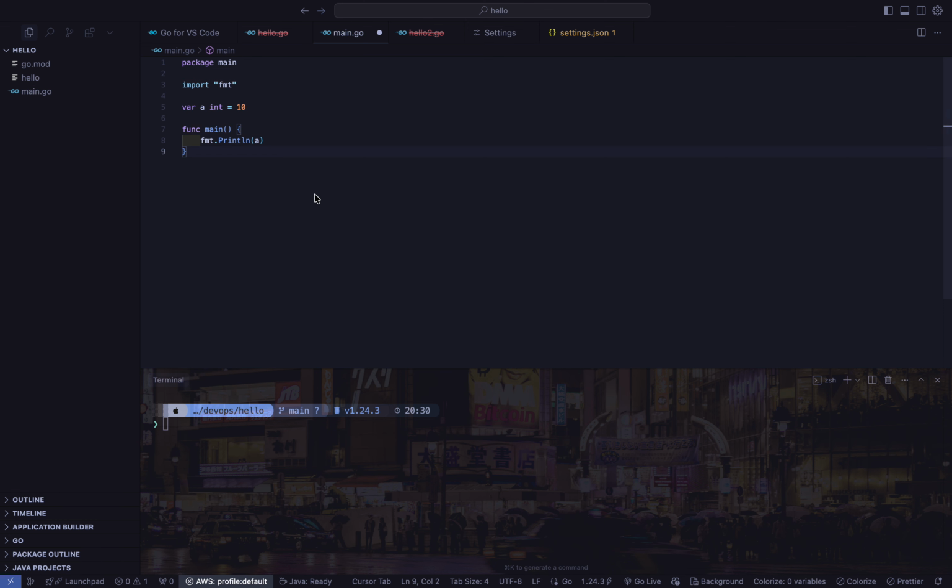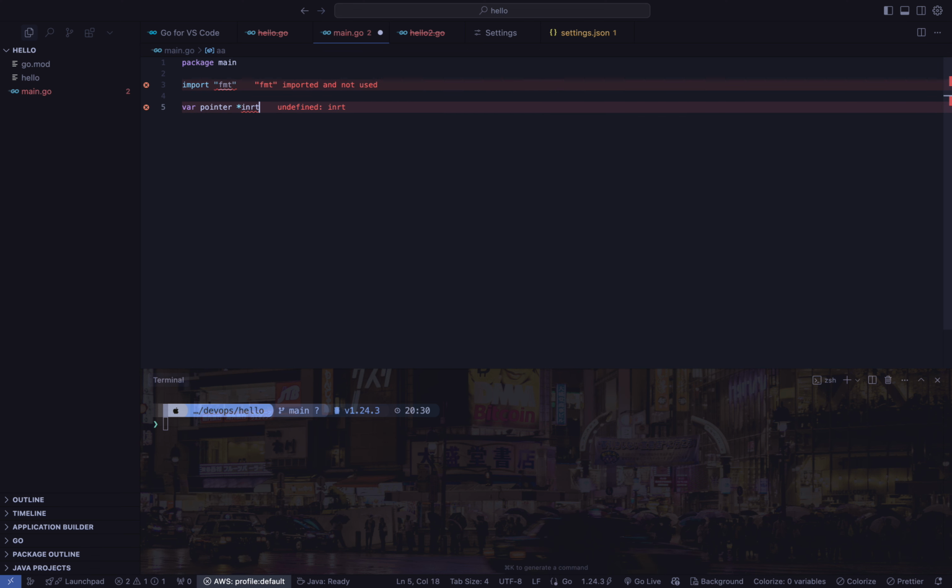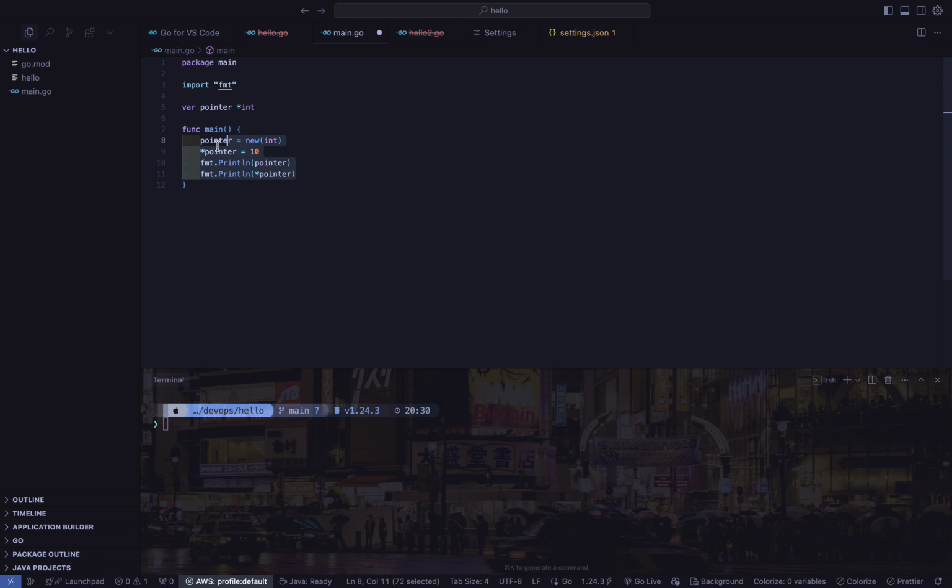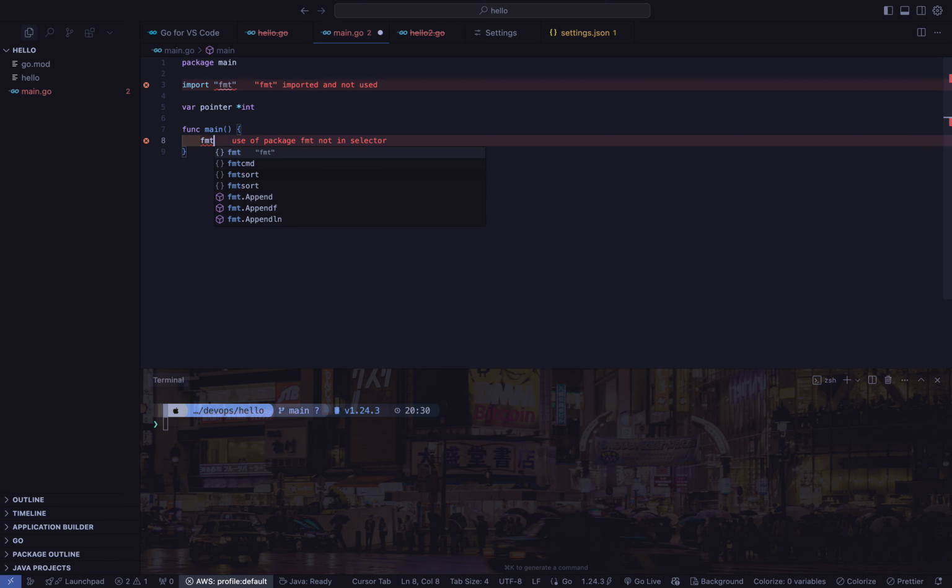So I quickly go to define a variable named A. This is the pointer variable. Actually, I will name it pointer, and this is the pointer variable. Pointer variables must also come with an asterisk. Now, you will define a main function. Okay, so auto-completion is enabled. I'm just gonna print this pointer variable, and in the terminal,